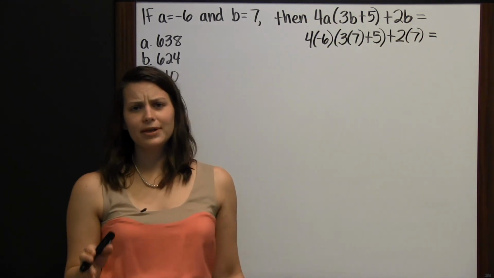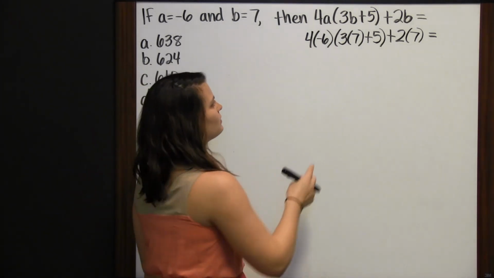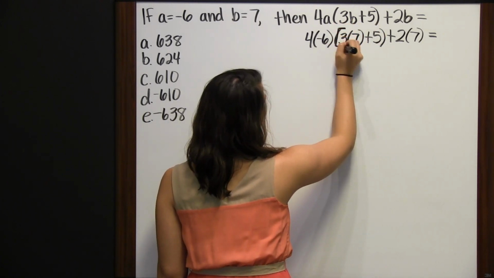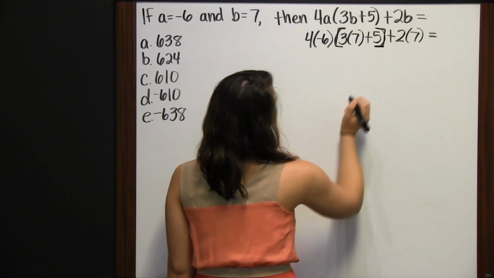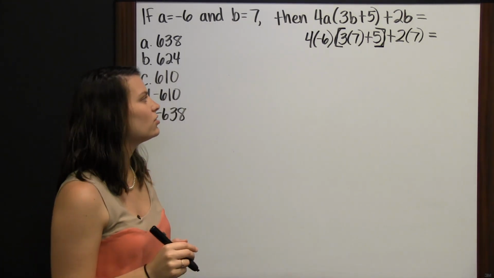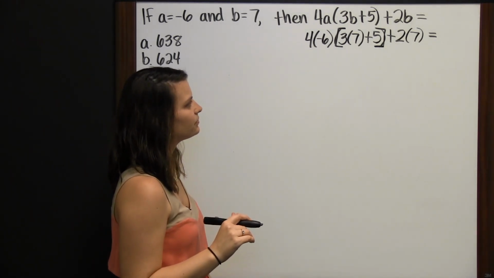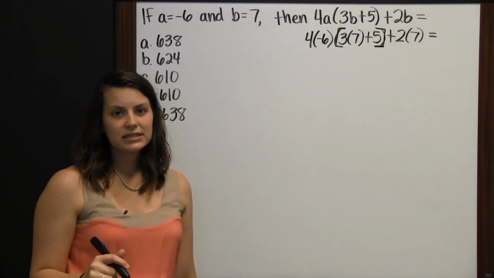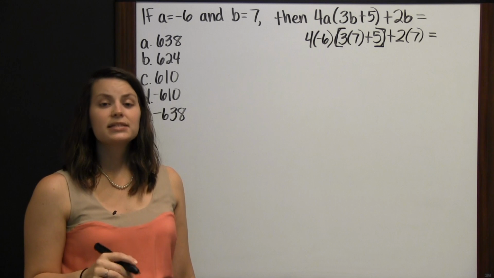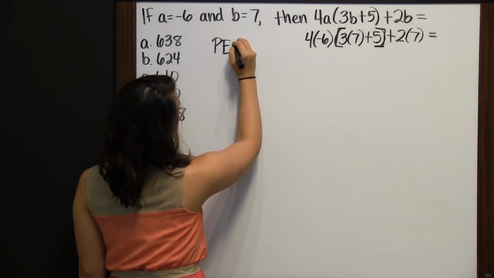Now there are a lot of parentheses here. So what we can do to kind of minimize confusion is we can change these parentheses into brackets. And it still means the same thing. They act exactly like parentheses do. But sometimes it makes it look a little less confusing if you don't have all those parentheses everywhere. So in order to simplify this expression, we have to follow the order of operations, sometimes referred to as PEMDAS. I'm going to write that over here just so we have it to refer to,